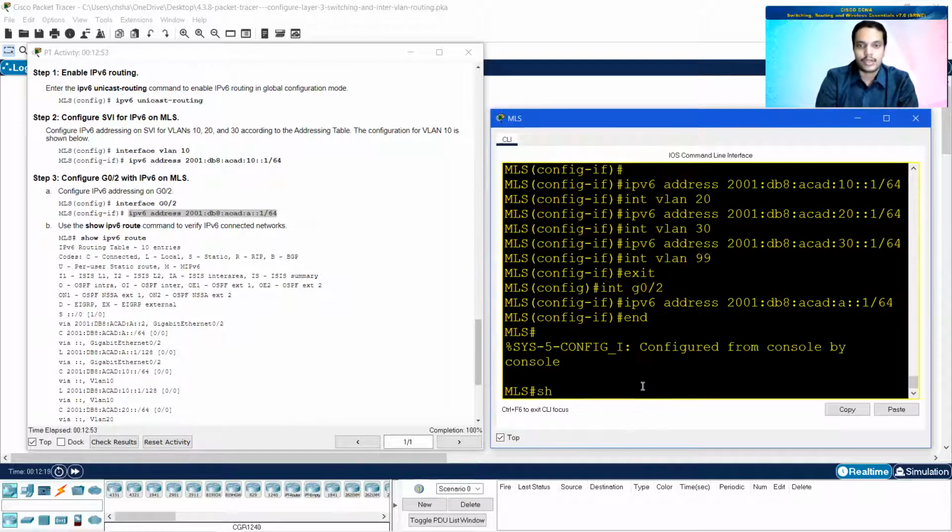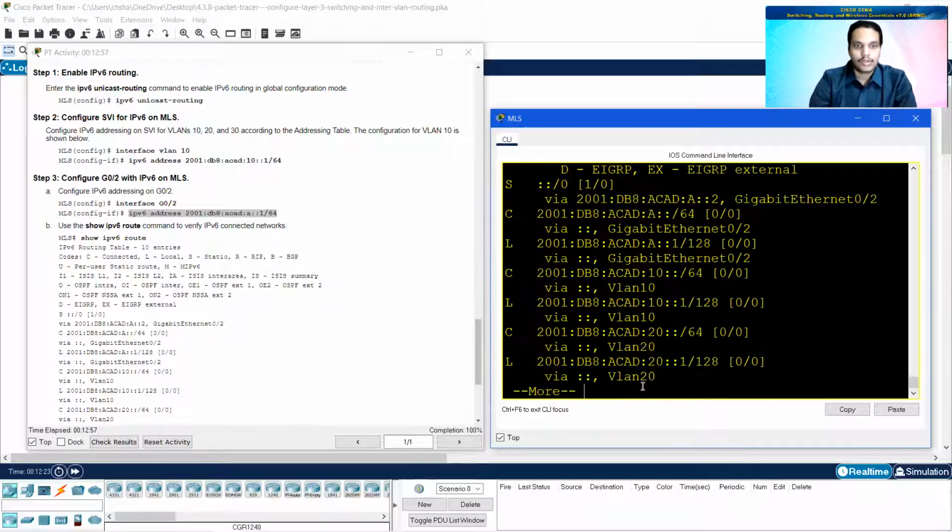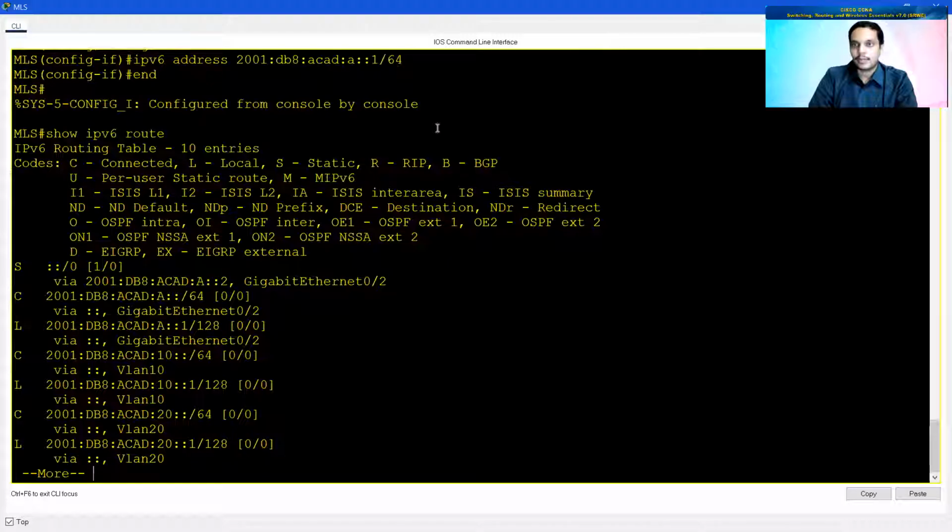And now it is asking me to check out show IPv6 route. Okay, I can do that. Show IPv6 route. Now I'll be expanding this. You can see there you go. The different networks for different VLANs are actually set. VLAN 10, 20, 30, all these. It shows that these are the connected routes, and the local host addresses are also given here.